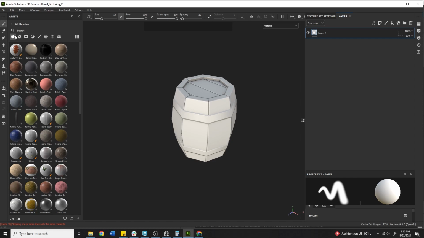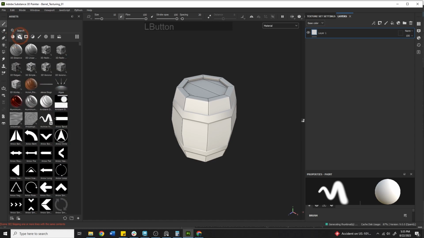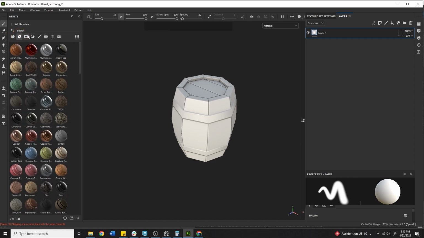You have two tabs here. You have basic materials, and here you have smart materials. Now, what's the difference between a smart material and a basic material? A smart material went to school. No, I'm just kidding. The difference between the two is that the smart material is linked up to various gradients